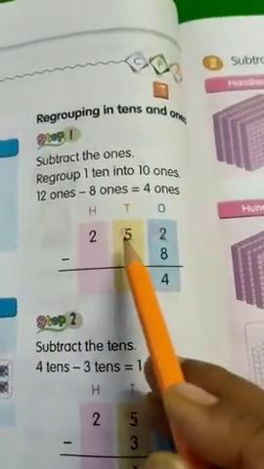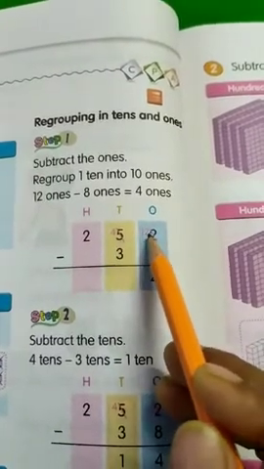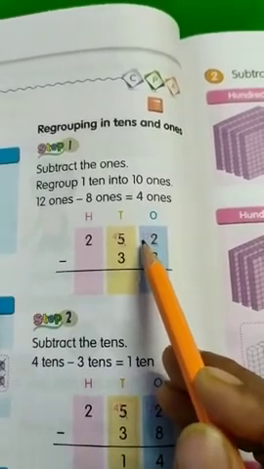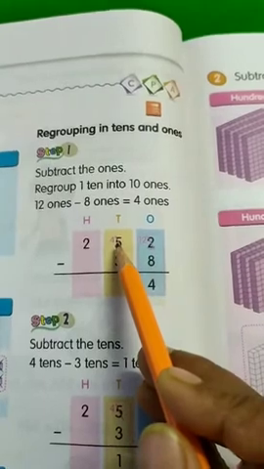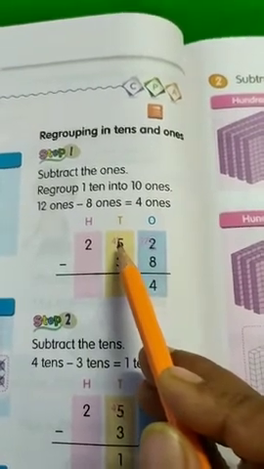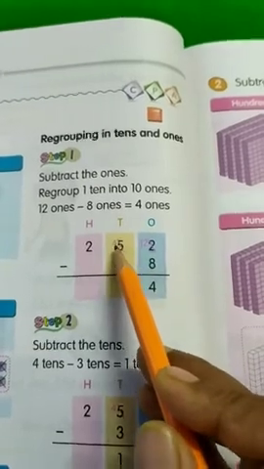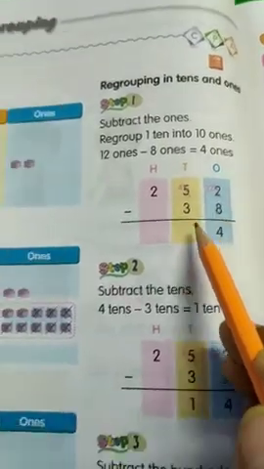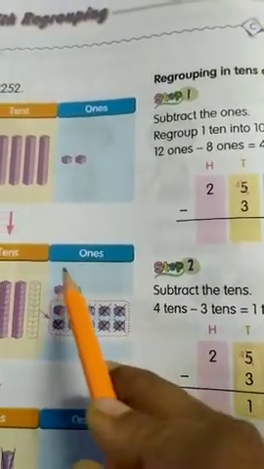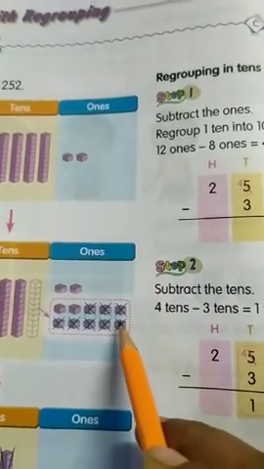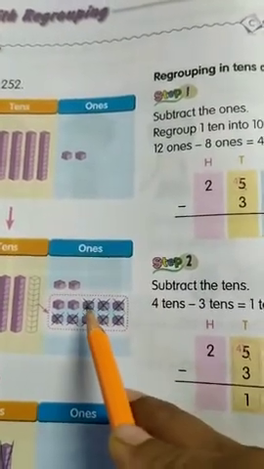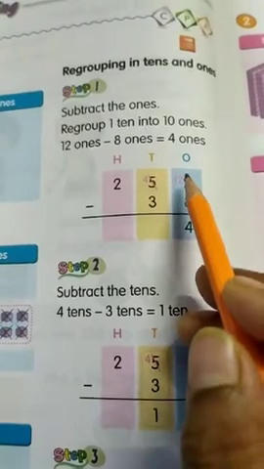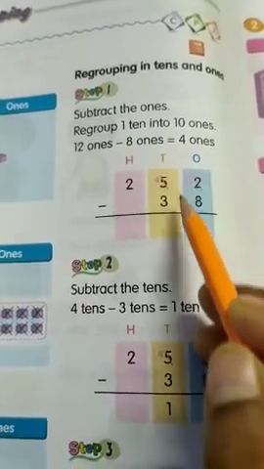So here you see 10 plus 2 became 12, so we will cut this 2 and make it 12. Then from 5 we removed 1 ten, so 4 tens remain. We cut and write 4. Okay, so 12 minus 8. This is 12 ones. Cut 8, 1 2 3 4 5 6 7 8. How many remained? 1 2 3 4. So the answer is 4. So 12 minus 8 is equal to 4. This is the first step we did.